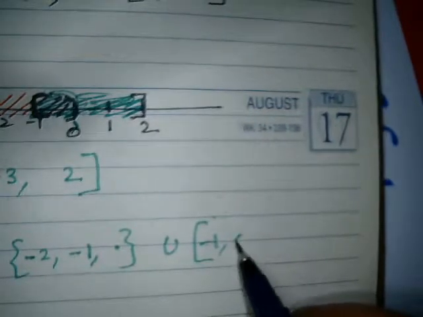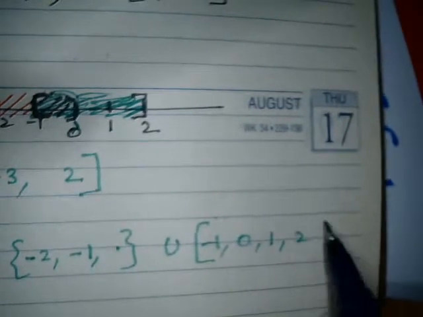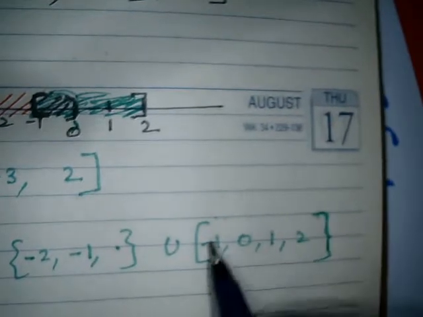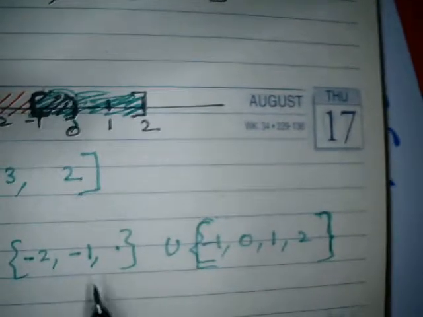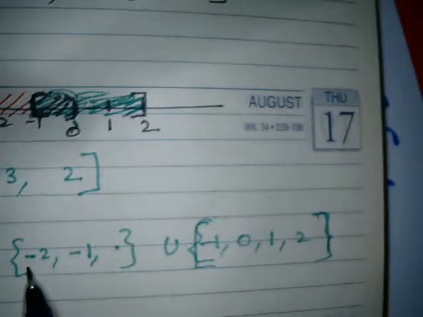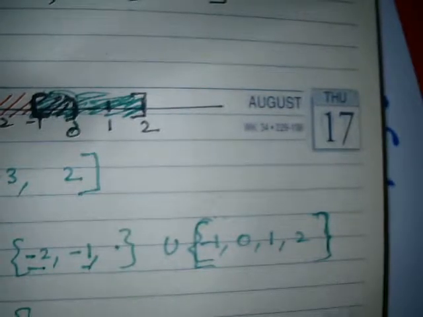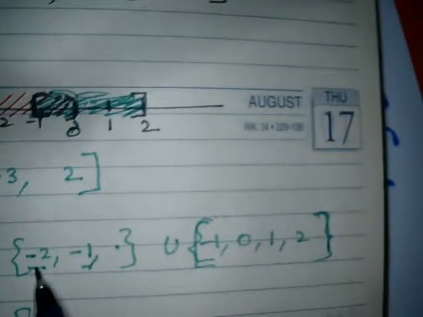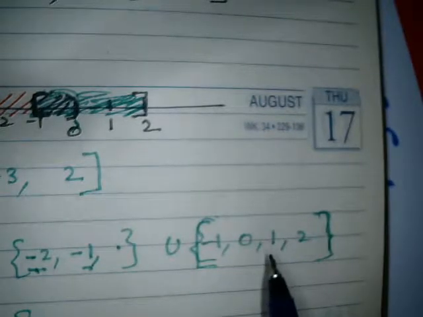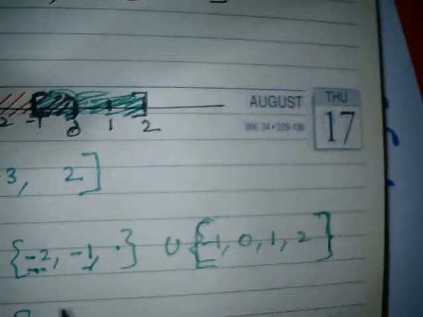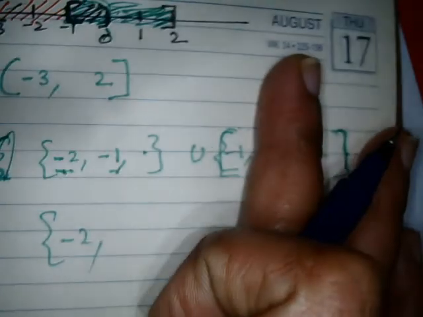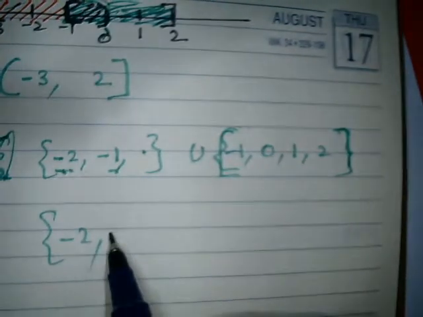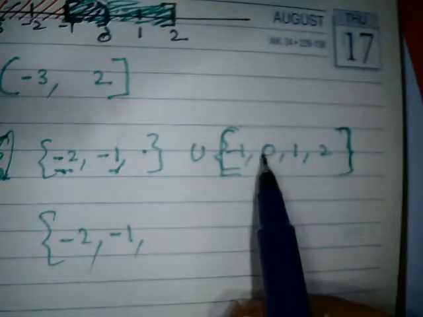Now you can check -2, -1. -2 is present in this set, not present in that set, so it will be coming, because uncommon numbers we also need to write once. Okay, -1 also coming. After -1, 0 is coming, 1 is coming, and 2 is coming, and close. Okay, now I need to write this, correct.